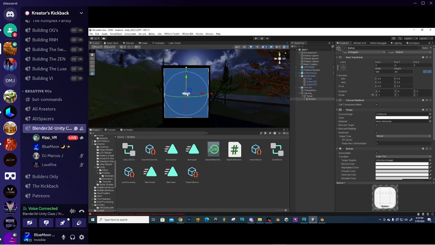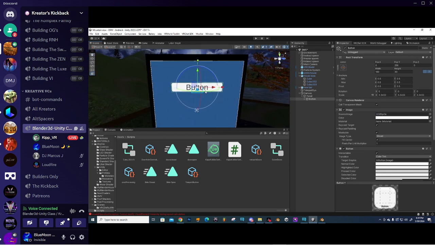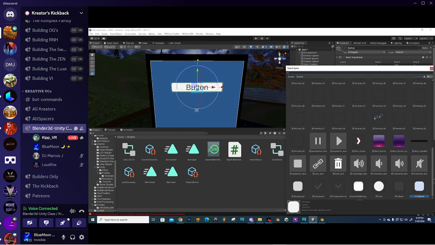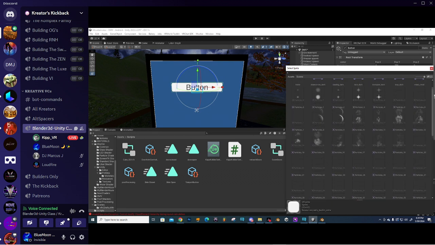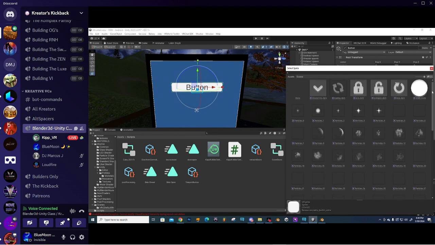All right, there we go. We'll scale this up some. Now you have some options here. You can either have this as a button, but I'm going to show you how to change these buttons out to stuff that you want, like a regular button. So for the button, I'm going to go in here to my source image and click this little box. So now you could bring in your own little sprites and stuff